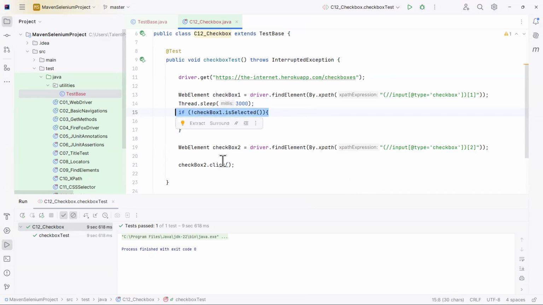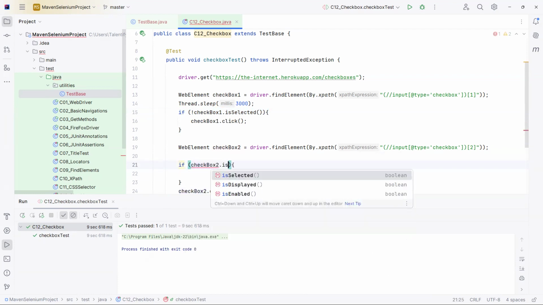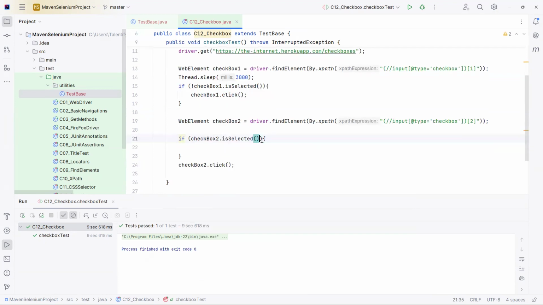If it is not selected, then click on it, I will say. If the checkbox 2 is selected, click. No, if it is not selected, then click on it. Okay, this one. If it is not selected, click on it. Let's see now. I will